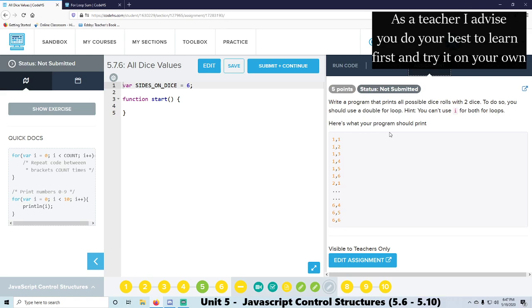We have variable sides on dice, so we're going to go from i equals 1 to sides on dice, and we're going to increment by 1. So let's just go ahead and write that, right? For i equals 1 all the way to i is less than or equal to sides on dice, right? Then we're going to increment plus plus. We are going to want to print something out. However,